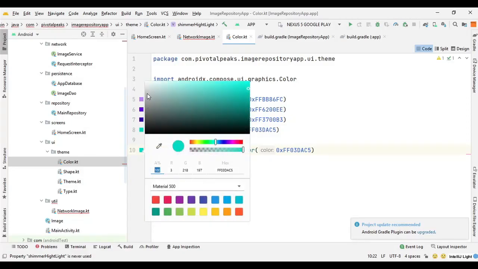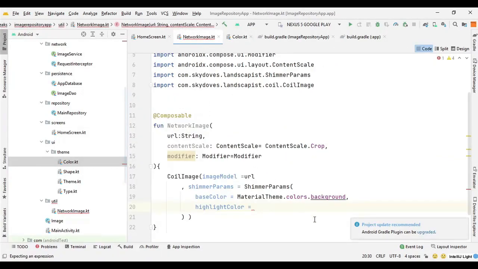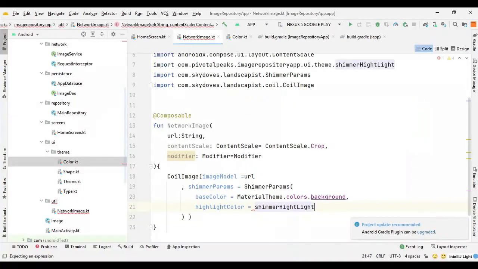So we can click it, and I want to have, I guess, this color around here, and after that we can get back to our network image, and for highlight color we can say shimmer highlight, and what else, we also need